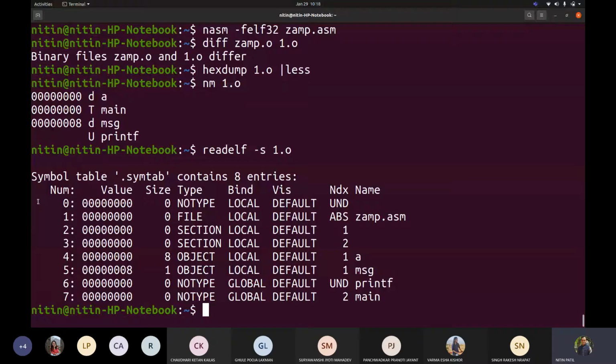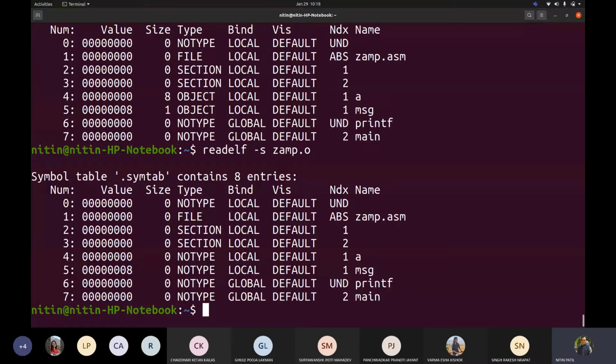Now similarly, if I go with this XAMPP.o, which is without dash g, correct? Now if I try to compare, what exactly is the difference between these two? Is there any difference between these two? Though I have used it without dash g, and earlier 1.o was with dash g, correct? That's what we did.